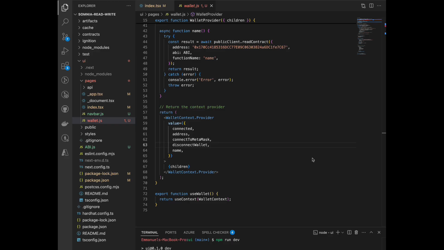We'll continue our build by adding a connect wallet button. So the connect wallet button is just going to appear right under the name, and this will be an event handler that when we click it, it's going to trigger a connection to MetaMask. So to do that, I'm just going to